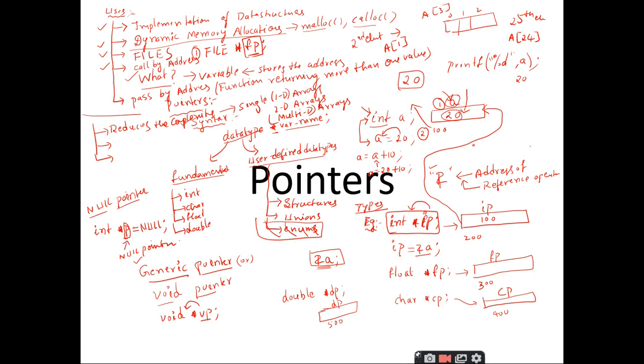In such a case, you can make use of the pointers concept to reduce the complexity of the program, right? You can easily think of the logic for these multidimensional arrays using pointers. That is the reason why we can say that the pointers concept reduces the complexity of the program when you are writing programs that are complex in nature, that means when you are dealing with multidimensional arrays. This is an example I have given, right?